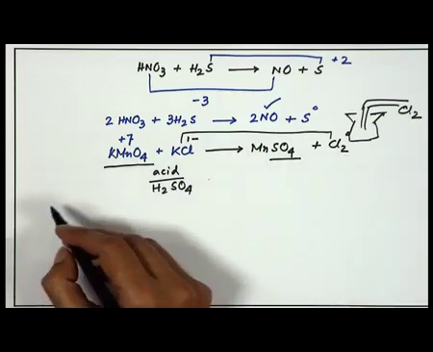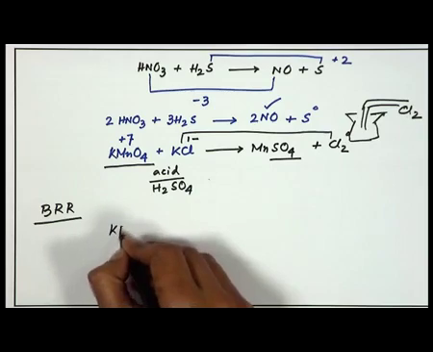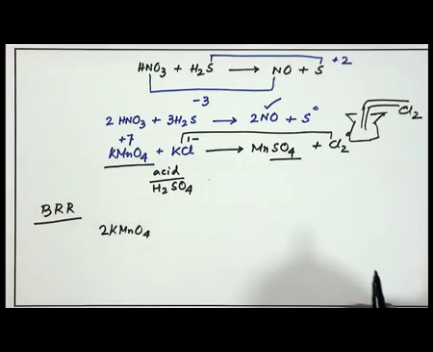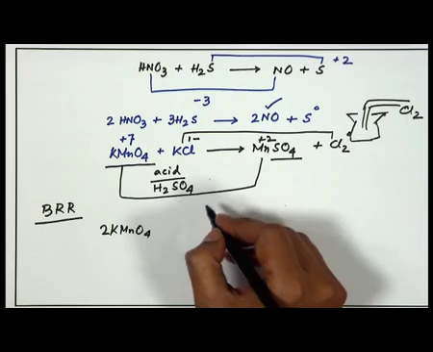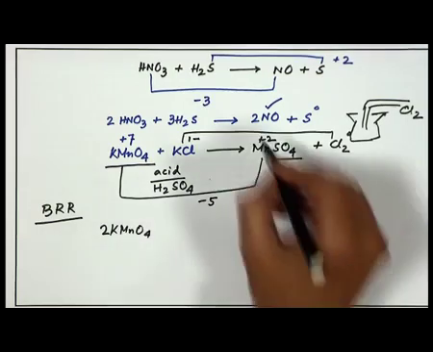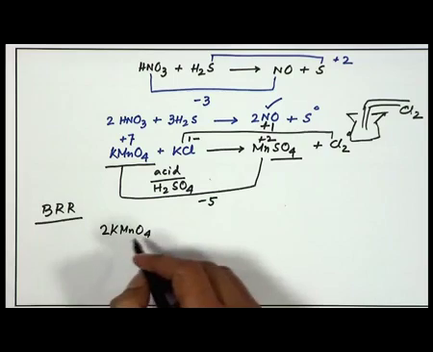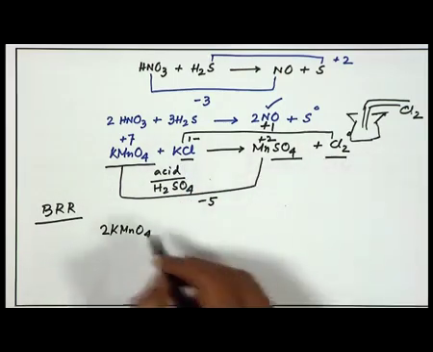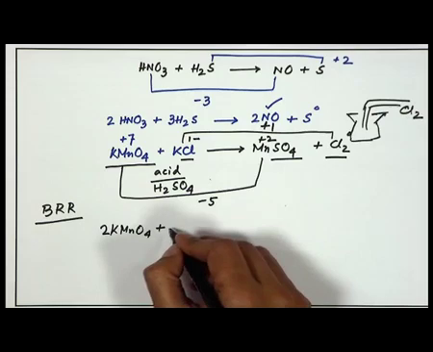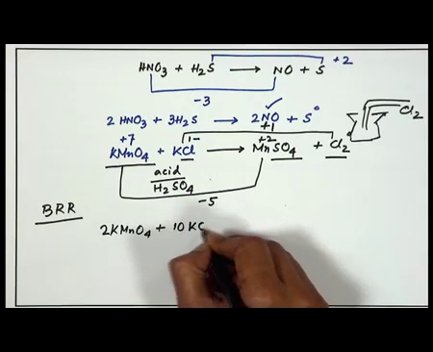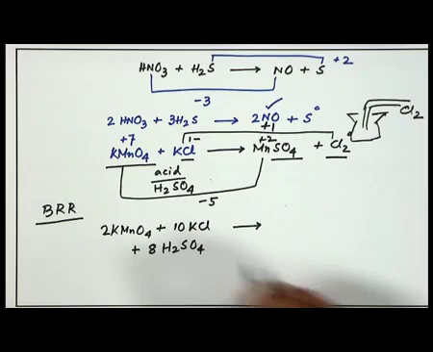So, the balanced redox reaction we can have for this is as follows. Twice KMnO4, because the change is 7 to plus 2, so this is a change of minus 5, and here the change is plus 1. So, the reaction stoichiometry will be 1:5, and since Cl2 is a doubling for the chlorine gas elimination, it will be doubled again. So, it will be twice KMnO4 instead of 1 KMnO4, with 5 into 2, 10 KCl, in the presence of 8 molecules of sulfuric acid, which is typically balanced